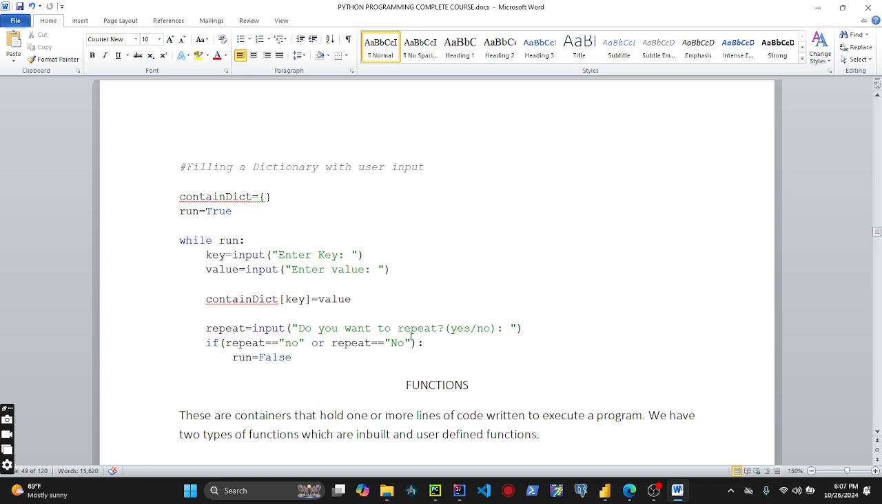Now, if you type anything that is not no, whether you are typing Y, you are typing P, whichever letter, as long as that value you are typing is not no, it's going to start the while loop again, prompting you to enter new key value pairs again, storing them as key value pairs in the dictionary. But if you decide to type no, either with the small letter N or capital letter N, it's going to change your flag that you gave a value of true to false, and it's going to break out of